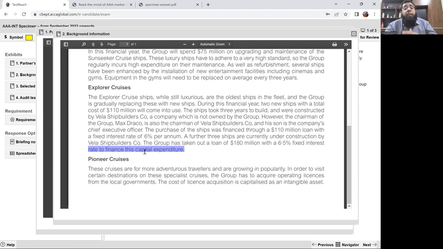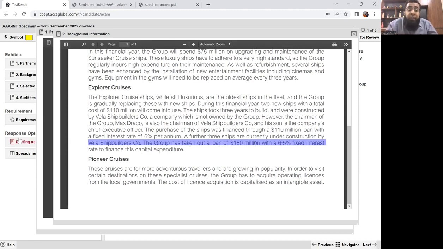So as per IAS 23, borrowing cost, if it is a qualifying project, it takes more than 12 months in construction. We have to capitalize the borrowing cost if the borrowing cost is relating to the construction of that asset, like in this case. So we identified a risk that there is a concern that maybe the borrowing cost is not